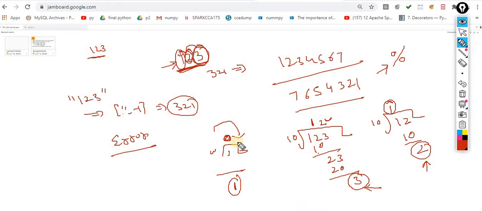Whenever my quotient is 0, I am not supposed to proceed further, and these are continuous steps. We have to perform this step until the quotient becomes 0. So we have to perform a while loop while the quotient doesn't become 0. Now the funda is clear. We are using this one, and we have to use this one. Perfect. And now what do we have to use? We have to use while.